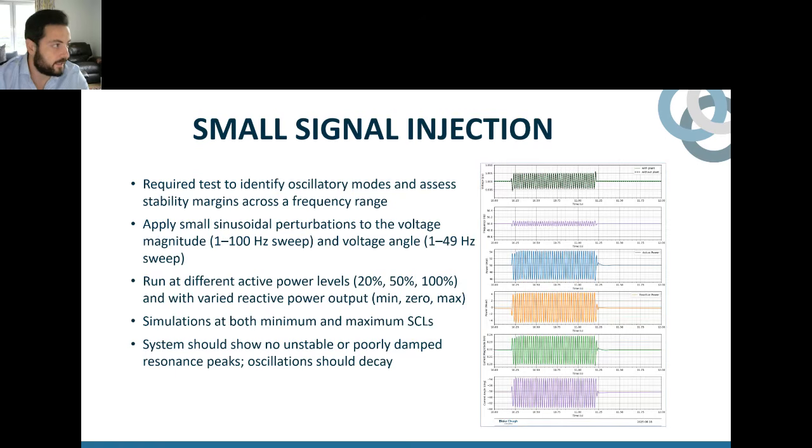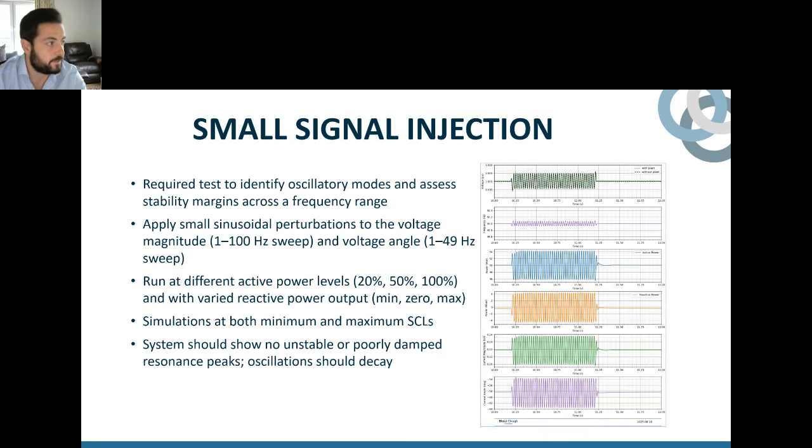The second study is the small signal injection, which is required to test and identify oscillatory modes and assess stability margins across a frequency range. We need to add this disturbance to the model. So the small sinusoidal perturbation needs to be added to the model. It's a sweep of 1 to 100 hertz, and for a voltage angle of 1